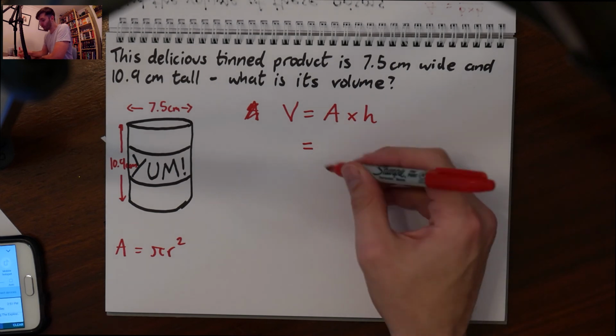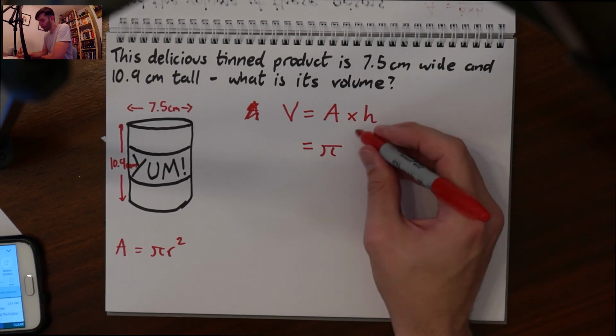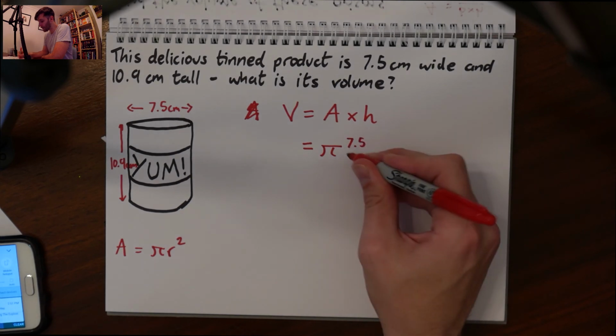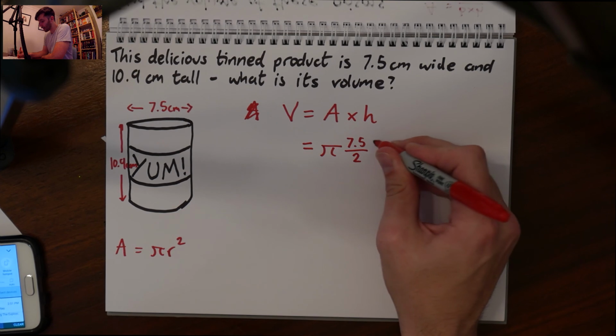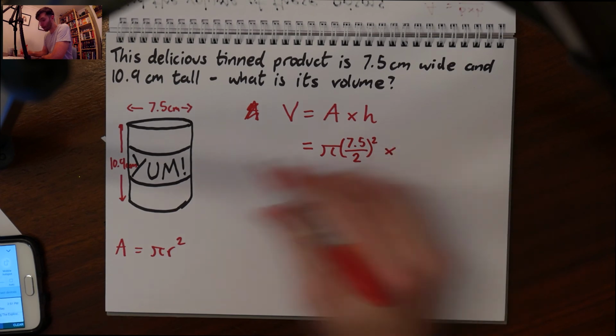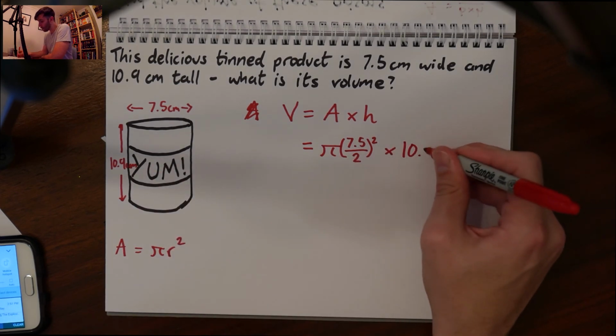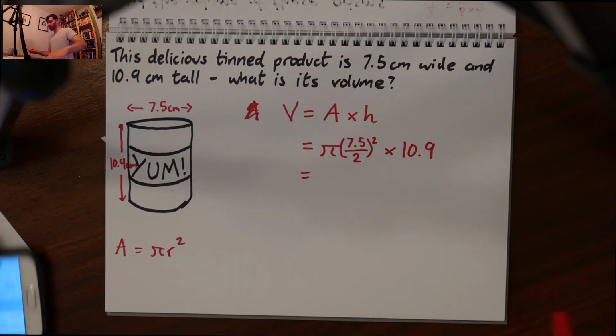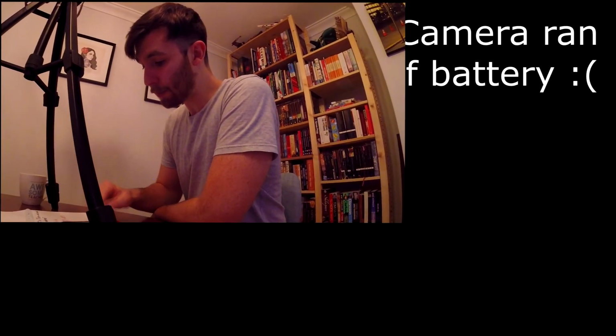So our area for this shape is going to be pi multiplied by half of 7.5, so 7.5 divided by 2, and that whole thing squared, so whatever the result of that is squared. And we're multiplying that by the height, which is 10.9. Now in the calculator I'd do it like this. So 7.5 divided by 2 is something you might want to start with just to make it easier. Just make a note that it's 3.75. You could do that in your head quite easily, obviously. So I'm going to go pi multiplied by 3.75 squared, which gives me a cross-sectional area of